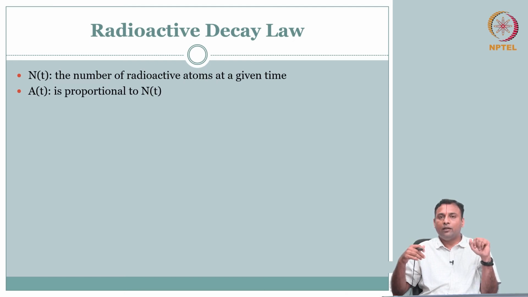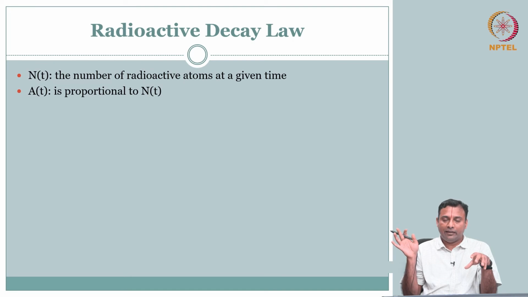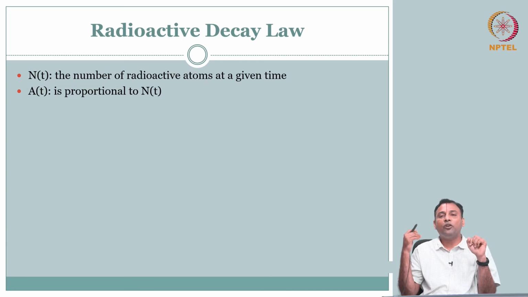Here what is the problem? I am not actually going after the material property of the tissue. All I am interested in is, I have engineered this radioactive material, I have put it in. I want to know, when you put it into the body, where is this radioactivity coming from? So when I put it into the body, it will go through the body, it will distribute itself, and it will perhaps go to locations where it is going to be involved and the radioactivity is going to come from there. So my objective here is to detect where the radioactivity is coming from, how much radioactivity is coming from which location. I am not really interested in the attenuation property of my tissue.